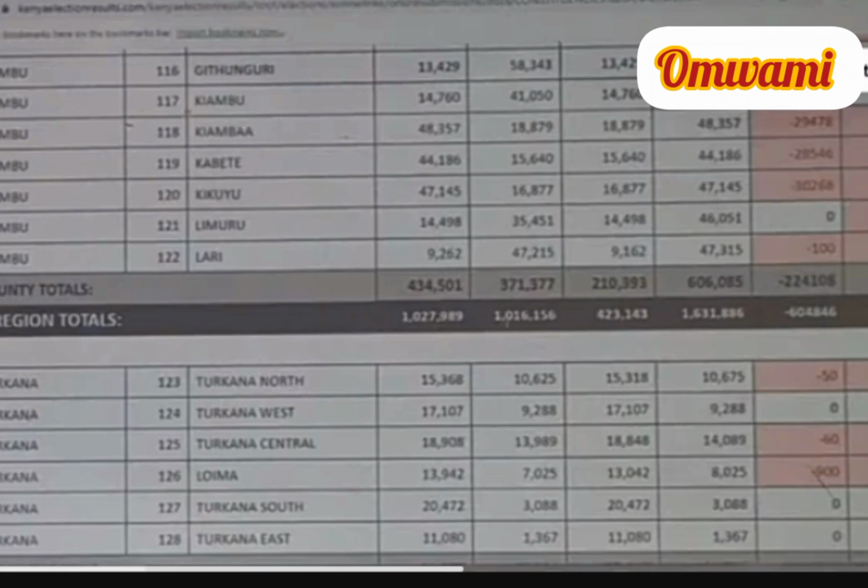I will show you where they all came from. And here he lost a total of 604,000 votes, and Dr. Ruto gained 615,000 votes from Central Province. And we decided to settle here a little bit and say,